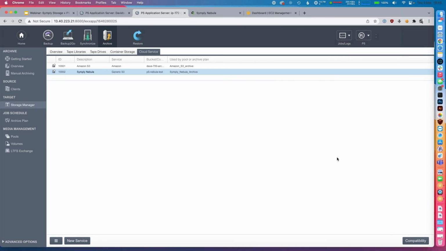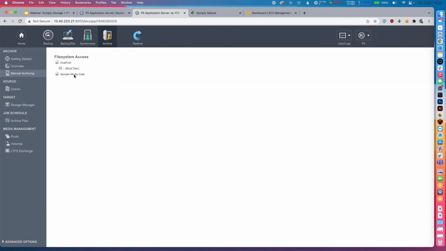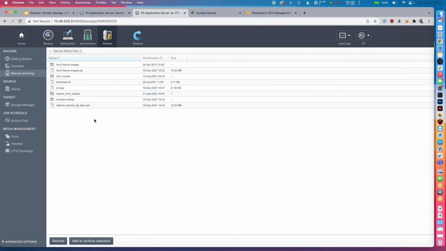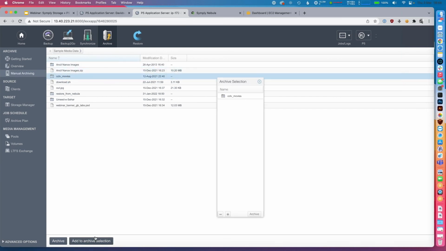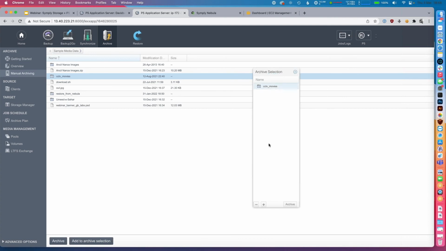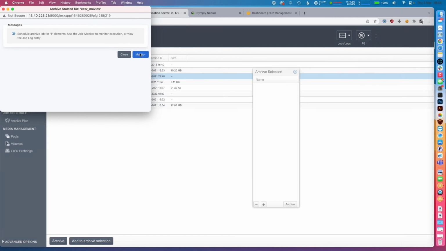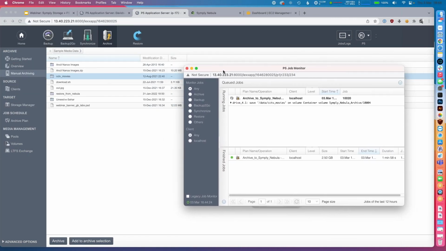And then just to give an example of doing some live archiving, I've got those CCTV movies in this folder here. This is live storage that I'm browsing via just a hierarchical browser, pretty standard. I can choose a folder, add it to my archive selection, which shows up in this palette. So I can build a list of the work that I've decided I want to archive today to this cloud storage. I simply hit the archive button, hit the start button,